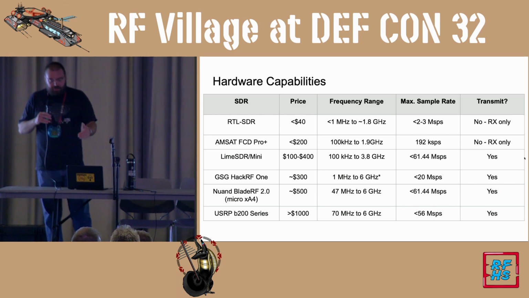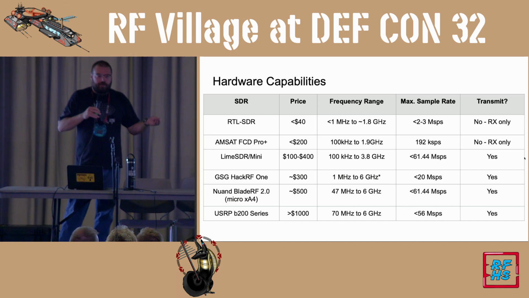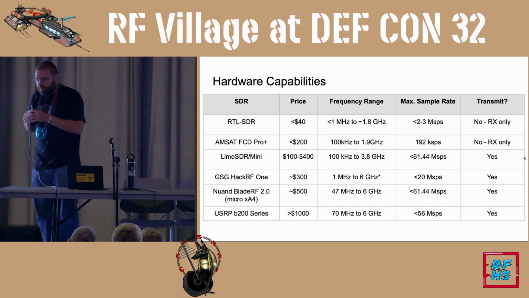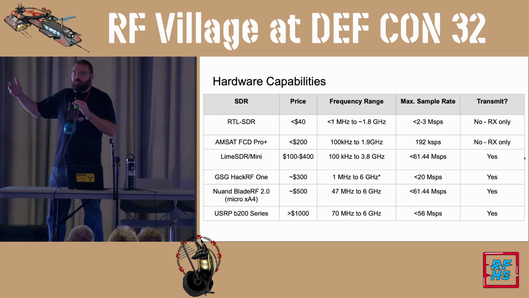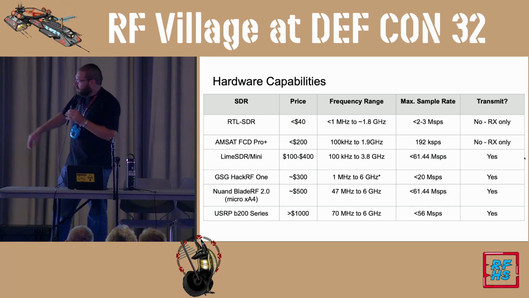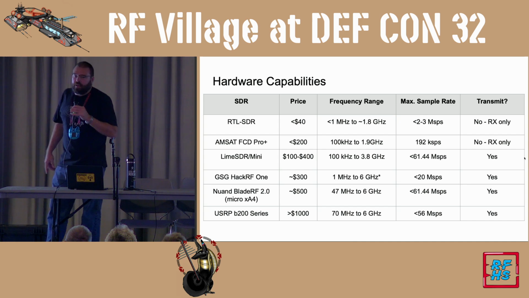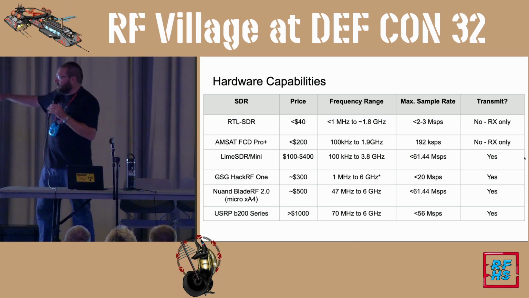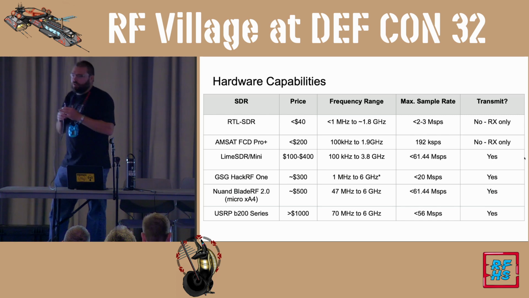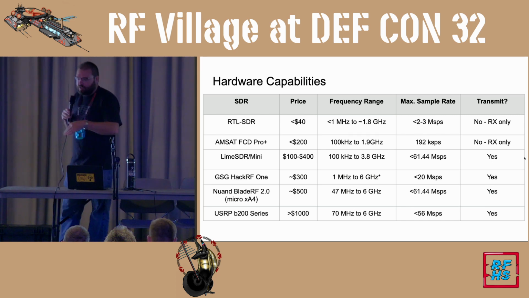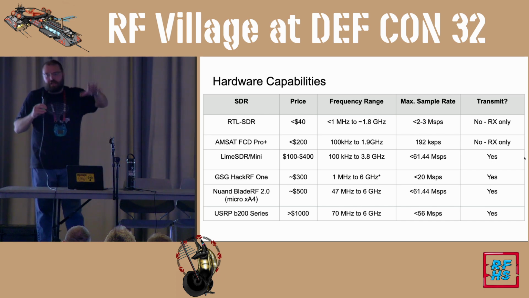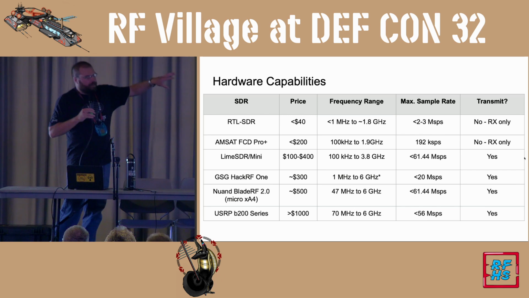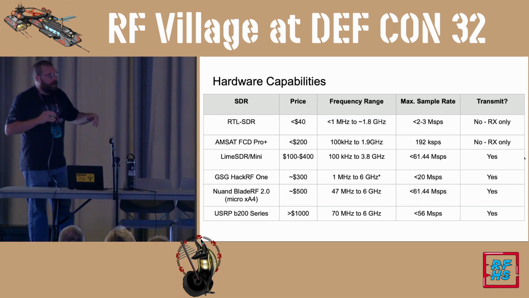So just a comparison here, if I'm looking at an RTL SDR, which is a great starter one, your sample rate at 2 to 3 megasamples, or million samples per second, is about 2 megahertz wide. That's more apparent when we cover the tactics later, where compare that to the HackRF, where it's 20 megahertz or 20 million samples per second. So about 10 times the bandwidth I could see, and you'll see that more in the tactics, where the wider area we can see, the more potential space we can cover to see flags that roll through. So just be aware that with all this technology, there are trade-offs.